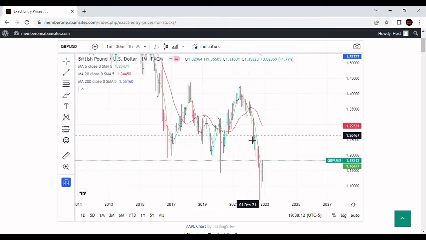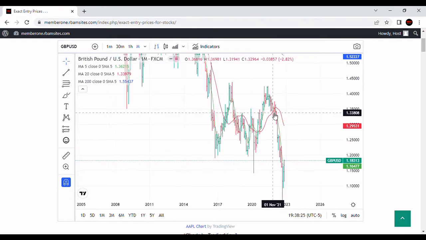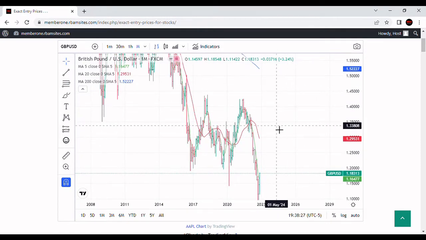Let's take a look more recently. Since June of 21 it was around 1.42 and closed today, this Friday, the 11th of November, at 1.18. I don't think that's strong against the dollar. So I think we've pretty well firmly established that the pound is not strong against the dollar.